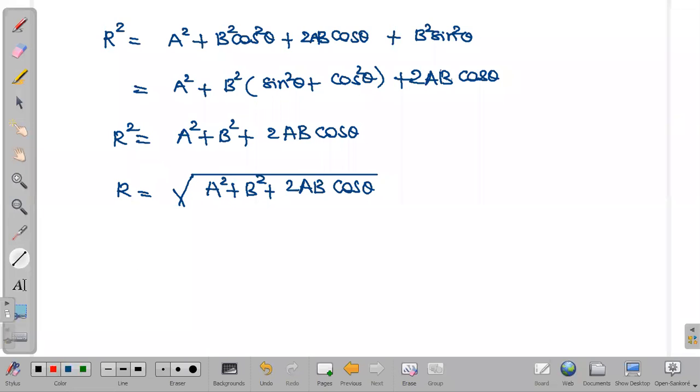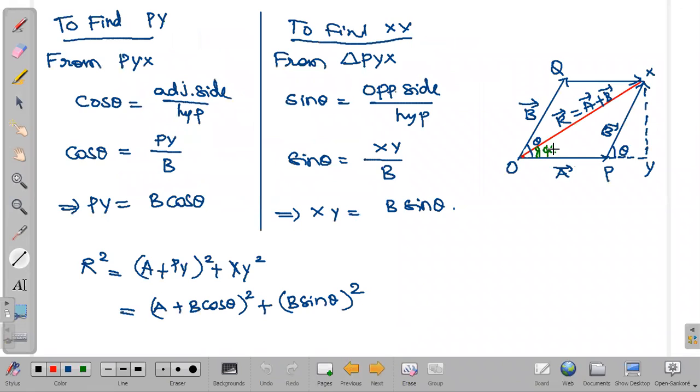Here we can find one more part also. What is the direction of the resultant vector? If they ask for the direction, we will try to find the angle between the vector A bar and the resultant vector. Here I'll show you the diagram once. Here alpha I have taken, this will give us the direction of the resultant vector. The resultant vector is going in this particular direction by making an angle alpha with the A bar.